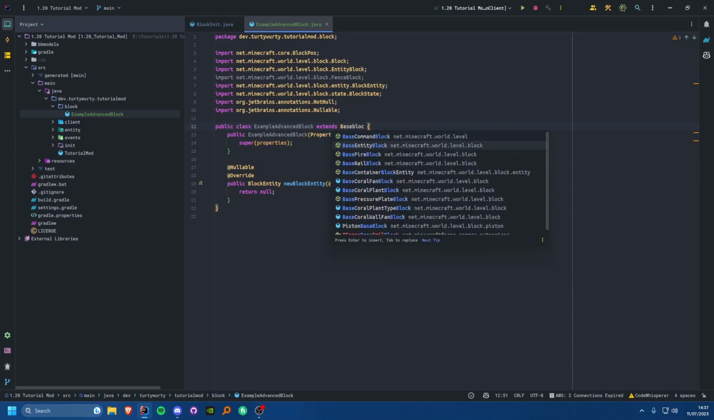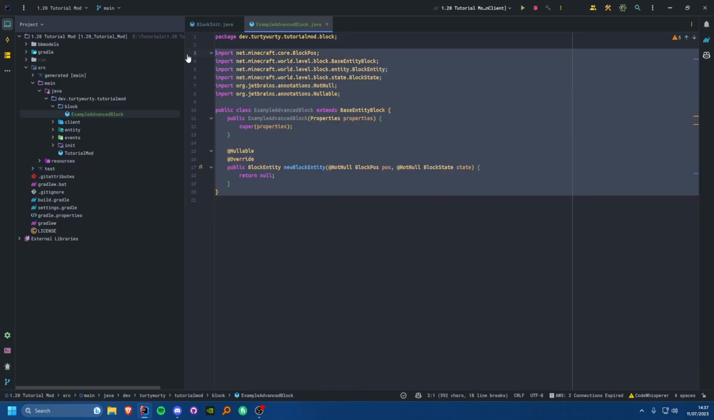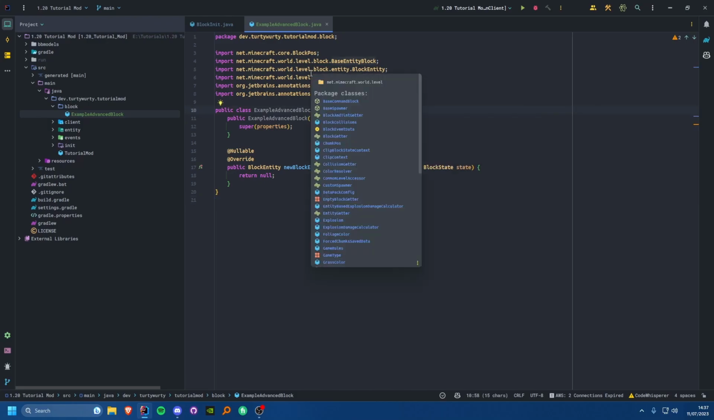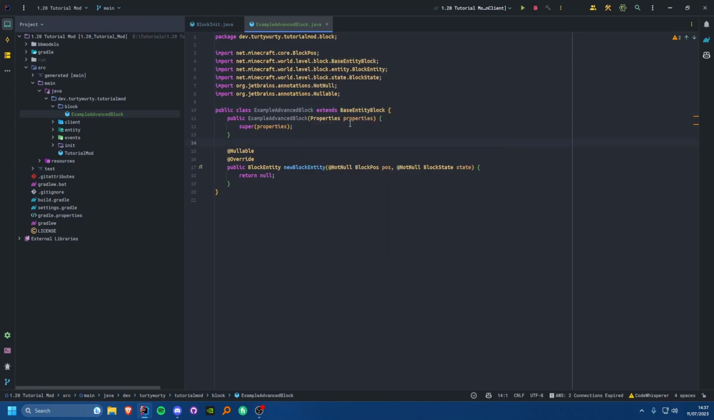Base entity block, I mean. And if you do that, that works too. Now, the reason I wouldn't do that is because that means you can't extend anything else. So obviously inheritance, we don't have multi-inheritance in Java, thankfully, so you can't extend 2 classes, you can only extend